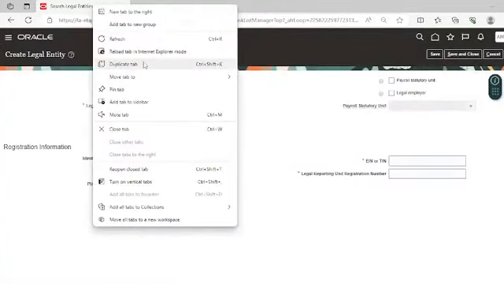There must be some issue with the Indian office address that we have created. Let's check it.